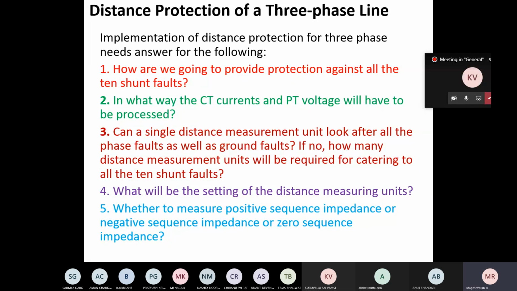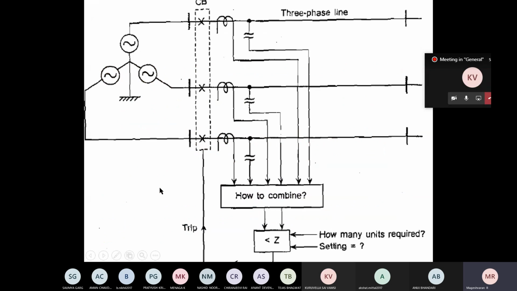So now, whether I have to measure the positive sequence impedance, negative sequence impedance, or zero sequence impedance, which one do I have to use? So these are the questions we want to answer. Thereby we can understand how to incorporate this distance relay for the protection of transmission lines. Okay, so the answer for the question